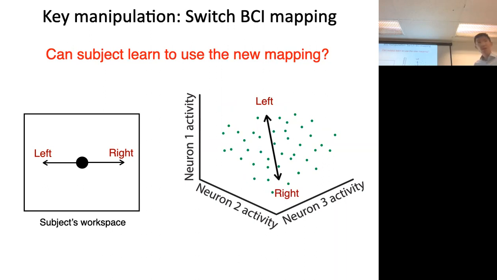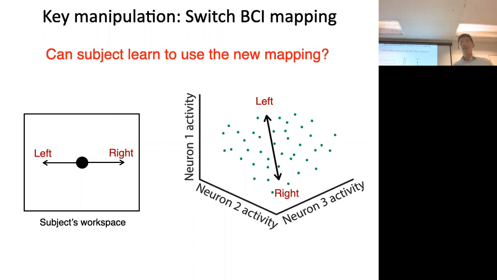Okay. So when we started this experiment, we did a few different instances of this. And we found that for certain new mappings, the animal is able to learn to use it really quickly. And with other new mappings, the animal had a real hard time learning to use a new mapping. And that led us to ask whether there was some principle underlying which new mappings would be easier to learn and which new mappings would be more difficult to learn.